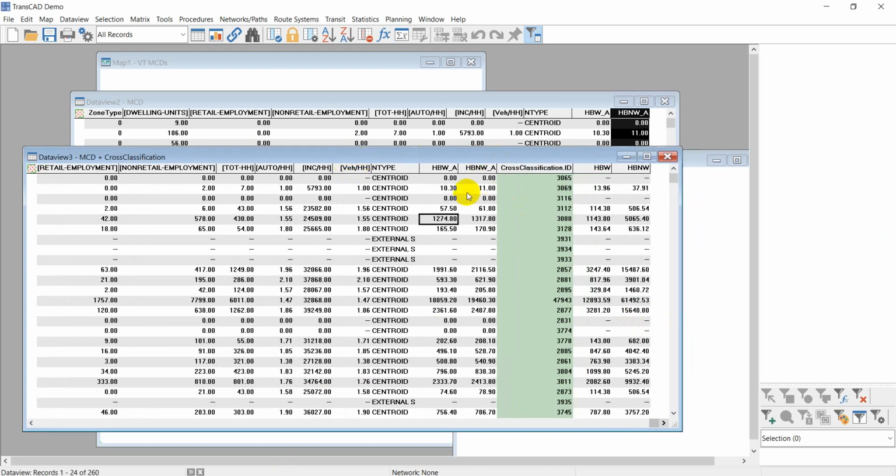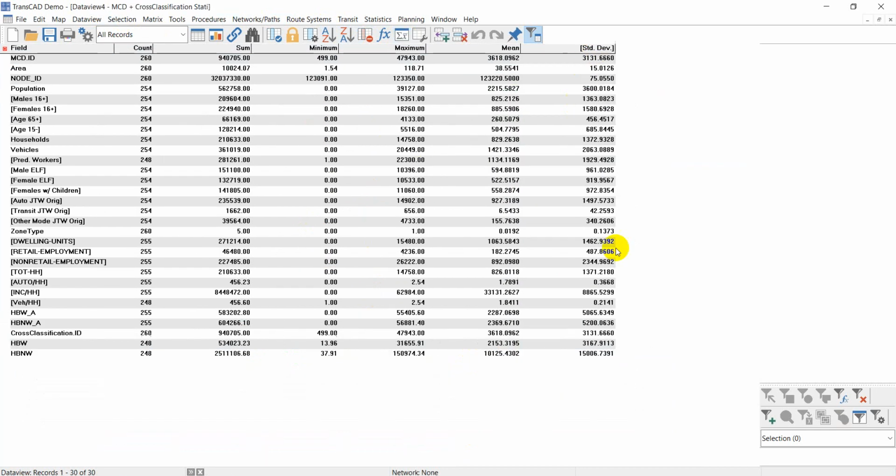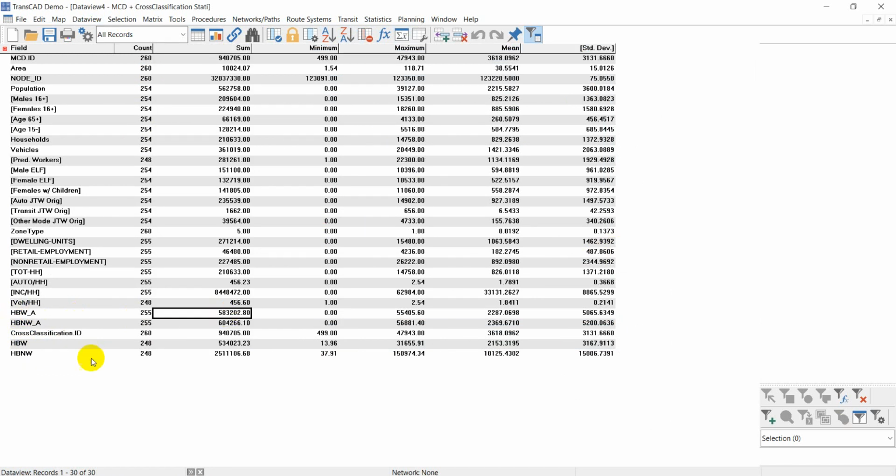All right, so now we have our trip attraction and trip production numbers ready. And often the case, they will not be equal to each other in terms of the sum. So we can do compute statistics for our current data view, and we can look at the sum for home-based work trip attraction and this home-based work production. They're close to each other, but they're not the same. For the next step of trip distribution, we need them to be the same. So here we will do trip balancing to scale one or both of them to make them the same. So we can close this statistic